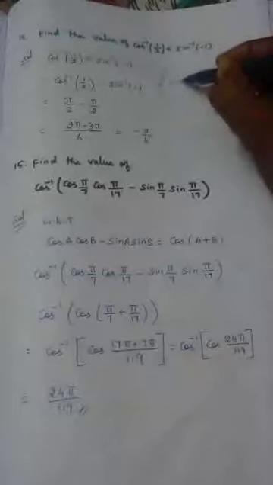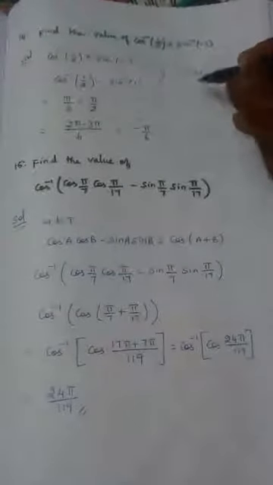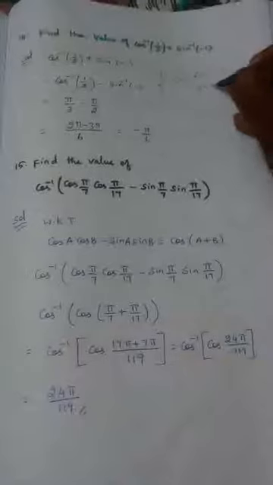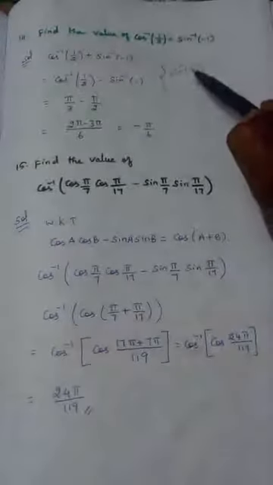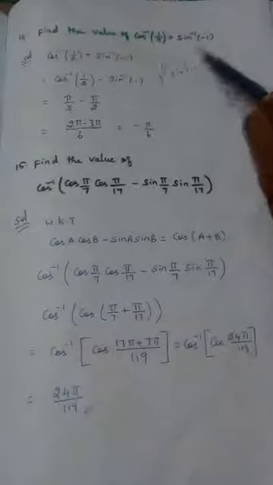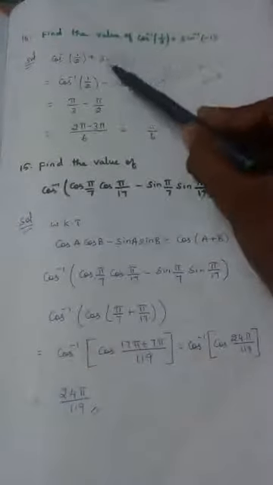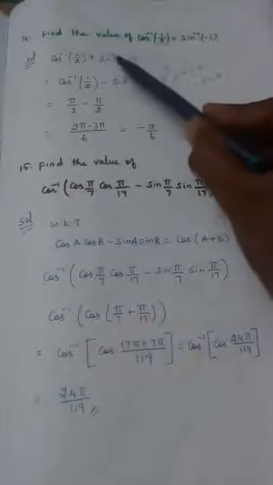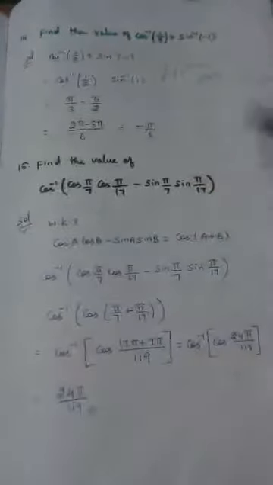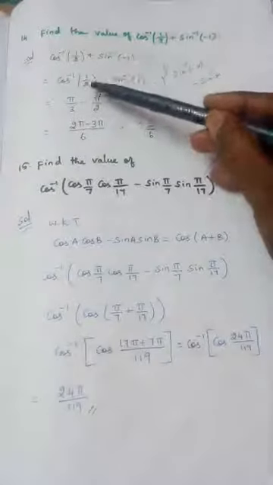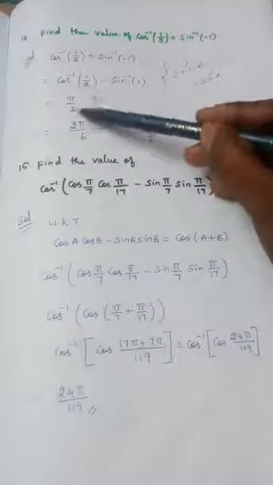Sin inverse of minus x is equal to minus sin inverse x. Sin inverse of minus x, this minus can be taken outside. So similarly here, sin inverse of minus 1, this minus is taken outside, and here it becomes 1. Already we know very well cos inverse 1 by 2. What is the answer? Cos inverse 1 by 2, when 1 by 2 will come in cos table at 60 degree, so pi by 3.